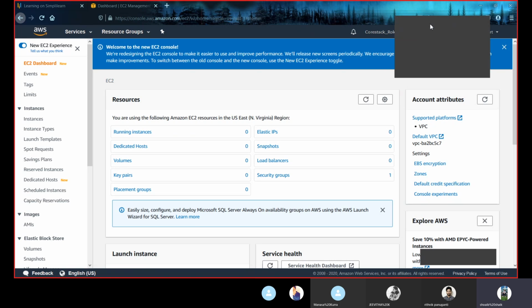So first, today's first topic is security groups. Security groups act as a virtual firewall for our instances. They allow us to control inbound and outbound traffic. I hope everyone knows what traffic means. We saw what traffic is in elastic load balancing. So security groups allow us to control inbound as well as outbound traffic. Security groups can provide an efficient way to assign access on our network. And